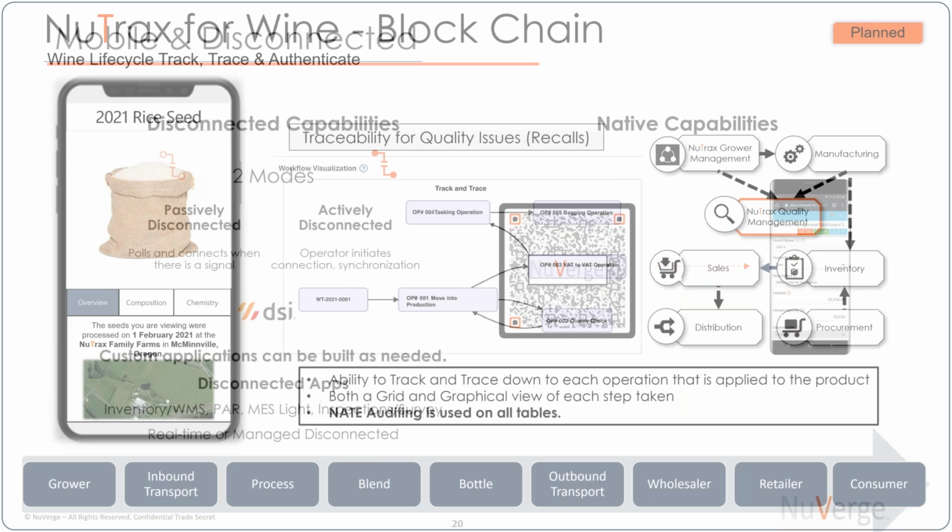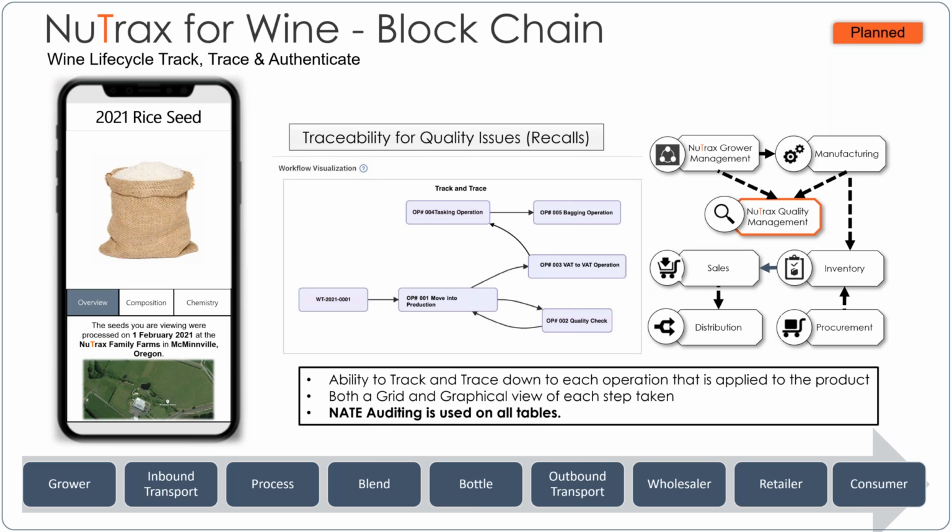Lots of capabilities. I'm going to hand this back to Patrick. I think the main thing we want to talk about here is our future capabilities, but there's some of this here that's actually available already today. So Nate auditing as an example, but Patrick, I'll let you talk to the slide. Yeah, so this is just covering off where we are going with blockchain, who we're partnering with,